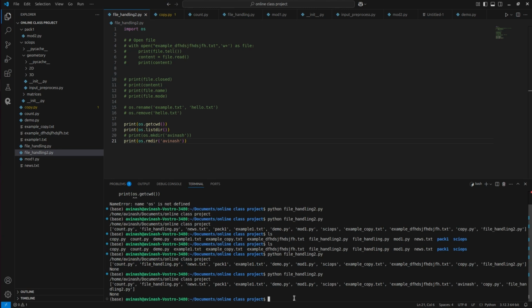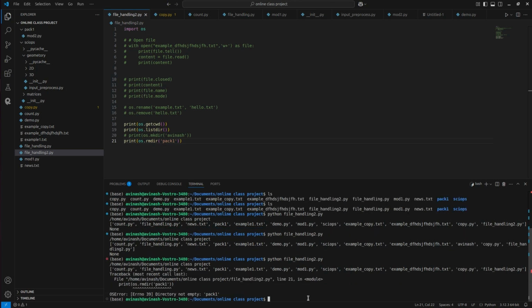Okay, now if I try to remove pack1 instead of this, right? If I remove this, control save and try, there is an error, because the directory is not empty. For doing this operation I can't do it like this. I have to use rmtree, but rmtree is not